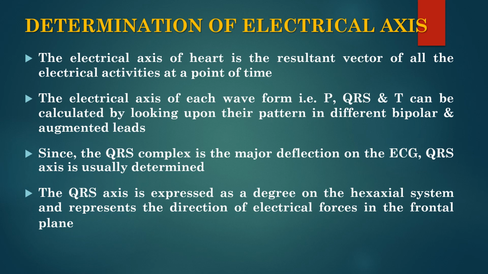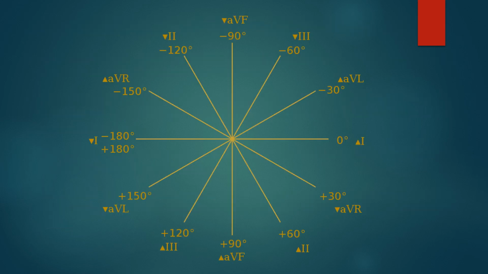The QRS axis is usually expressed in the hexaxial system. If you remember, in the basic class we discussed Einthoven's triangle and the hexaxial system, and this axis is represented in the frontal plane. This is the hexaxial system. From Einthoven's triangle we derived this hexaxial system, and for your revision, we say that lead 1